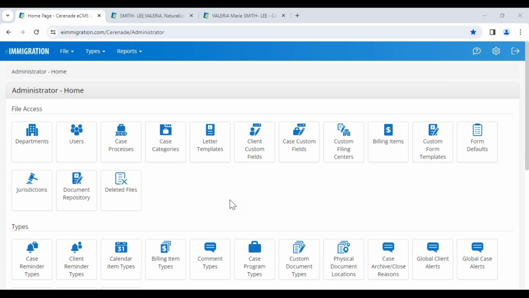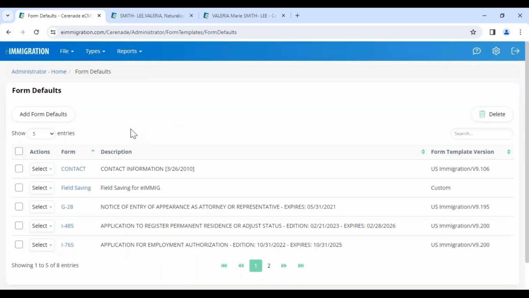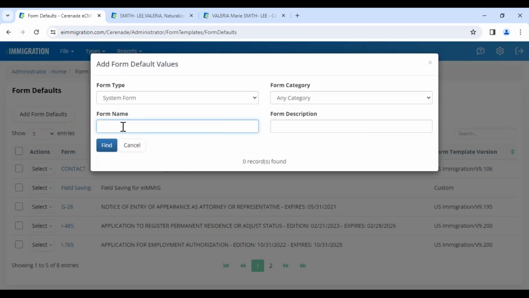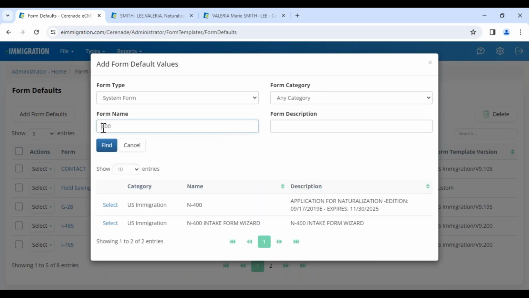This is another great feature. Just keep in mind, because if you forget, the other day a lady called and said the NA keeps popping up. Well, that's because she customized a form default. So when you go to the admin and click on form defaults, you're gonna add the form that you wanna customize. For example, I'm gonna use the N400. I'm gonna find it just by searching with the numbers, select the form